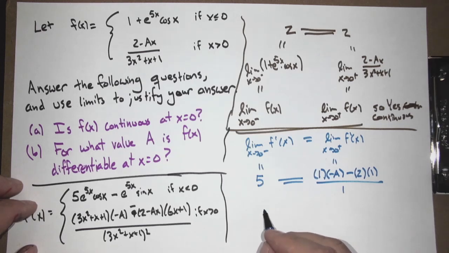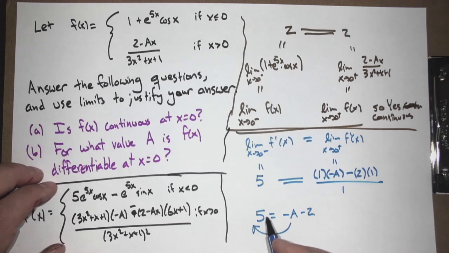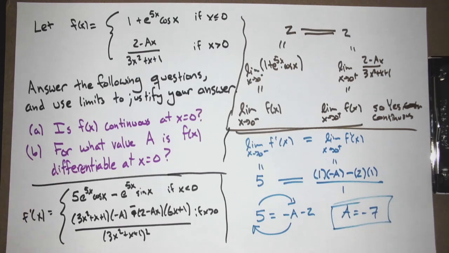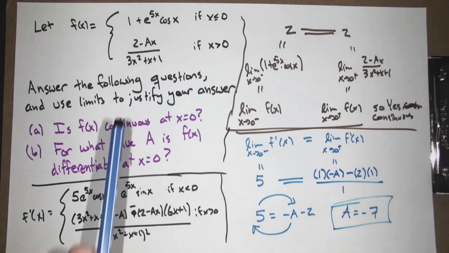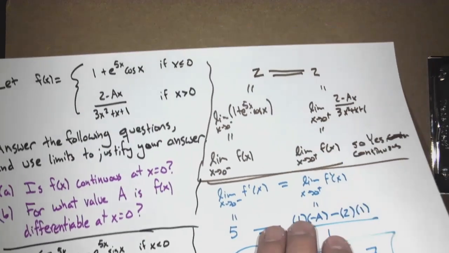So, those have to be equal. So that tells us, oh, we have 5 has to equal minus a minus 2. So what happens? We can move stuff around. A equals negative 7. All right. So this is, yes, there's practice with the chain rule a bit here, but it's also just sort of reminding us of all the things we can do. All right. I think we can do one more before we do our multiple choice.